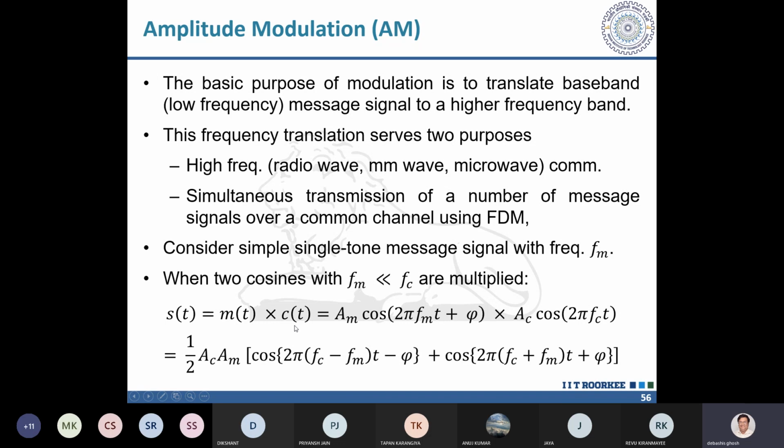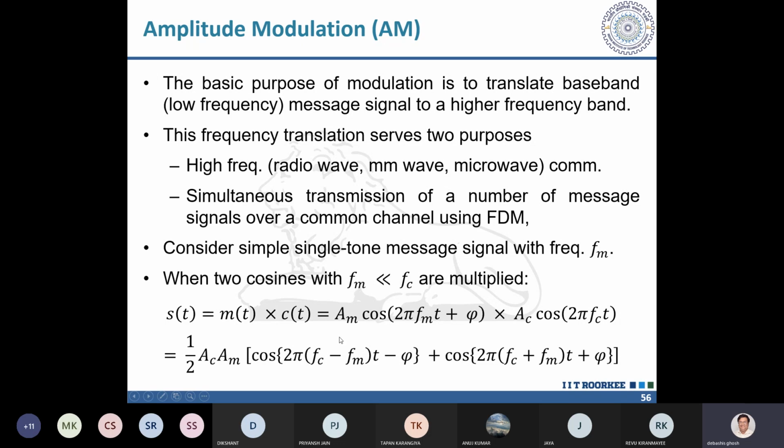This is where actually the frequency can change. That is what I should say: only when two sinusoids of different frequencies are multiplied will you have some change in the frequency. Okay, what is the product? When I multiply them, this is the product.